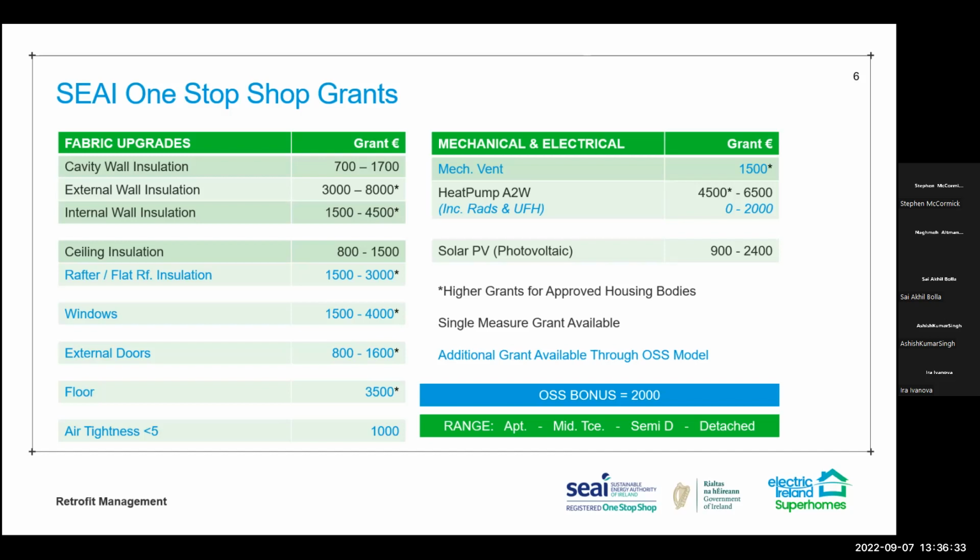Air to water heat pump is 4.5 to 6.5. You have air to air also, which is 3,500. And then you've solar PV, which is 900 to 2,400. That's based on 900 per kilowatt for the first 2 kilowatts and 300 per kilowatt for each kilowatt after that, up to a